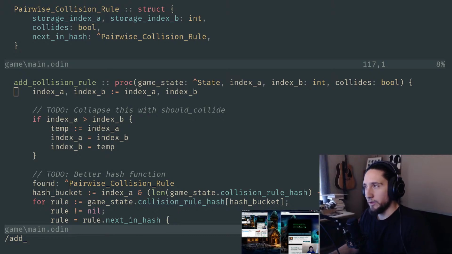And yesterday we worked on adding this new collision rule type to our game state so that we could keep track of all of the collision rules as they are happening during these updates to the